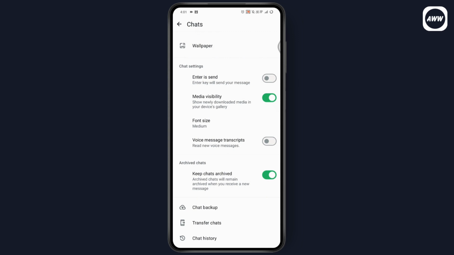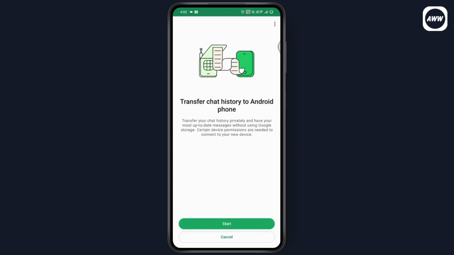If you're using Android, then you will have the same kind of interface, but if you're using your iOS devices, then you will have an option of transfer chats from iPhone to iPhone. It's the same option. So you just need to simply tap on transfer chats and you can transfer your chat history to your Android phone. So you just need to simply go with start, which is on the bottom, but make sure that your Wi-Fi